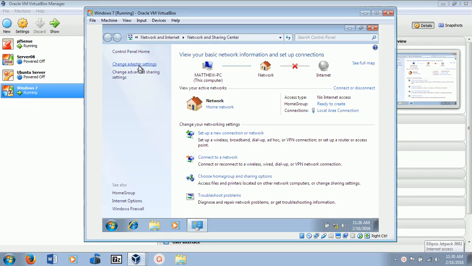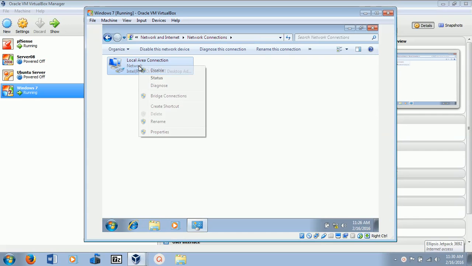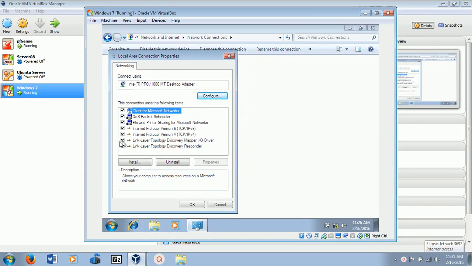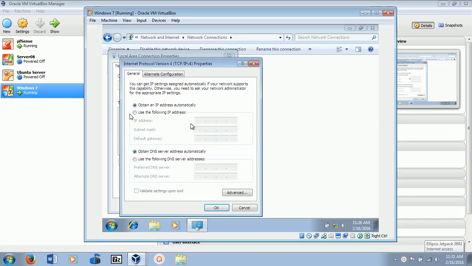And what we need to do is look at the adapter settings. This is our local area network. We will check out the properties. Alright, so now that we're here in the properties, we need to look at Internet Protocol version 4. And we will check those properties out. Here is where we will statically configure what we want to use for our IP address, our default gateway, and our DNS server. So for this, I'm going to configure it to be in my network. So it needs to be